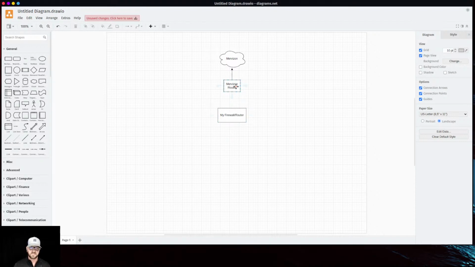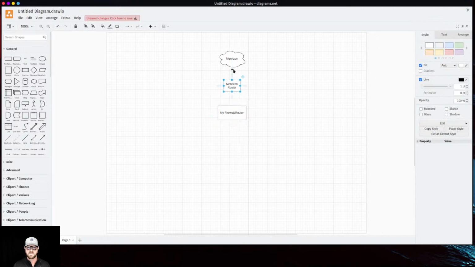And Mervisen's router is going to come with some basic traffic management, so it'll disallow or allow certain types of traffic, but most likely it's not going to come with a whole lot of these other features where it's actually checking for viruses or looking for intrusions and that kind of stuff, which is why if you care about your internal network, you're going to want something in between Mervisen's internet and their router, so that as the traffic passes through, you can